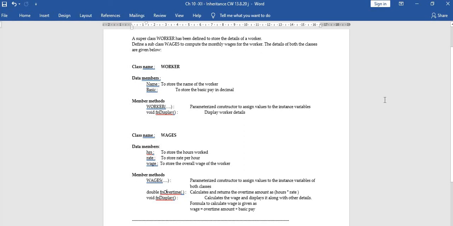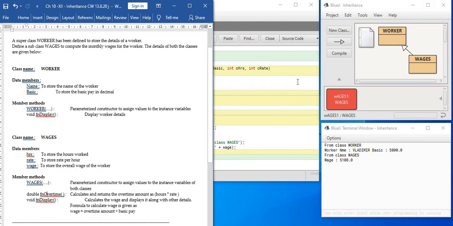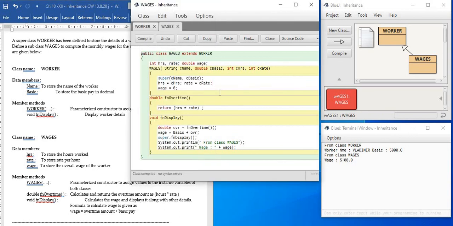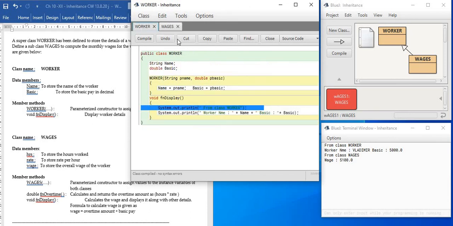Therefore, we switch over to the program, and you will see the question at your own comfort by pausing the video. Okay. Coming to the making of the classes. So here I have kept the work ready in front of you. The superclass, which is named worker, has got two member data, name and basic, and one constructor that is taking two parameters. For both parameters, arguments are getting assigned and the data is getting printed. Here we have printed in the superclass the statement "from class worker", so that we can understand this statement is getting printed from this method.